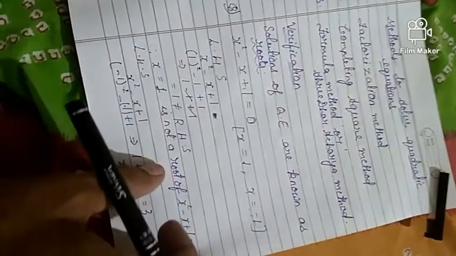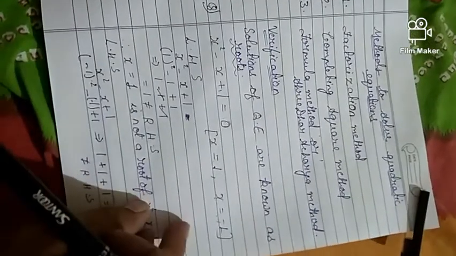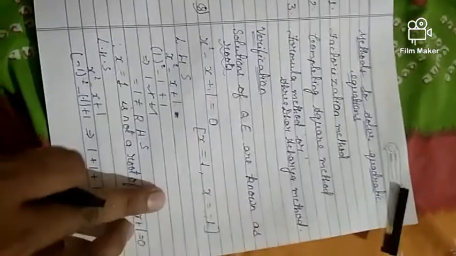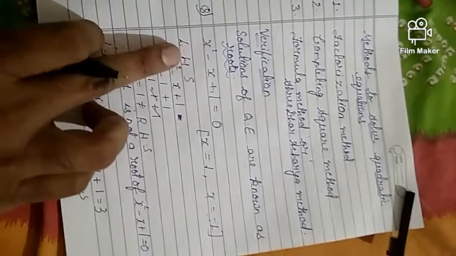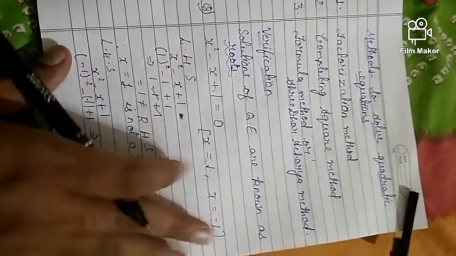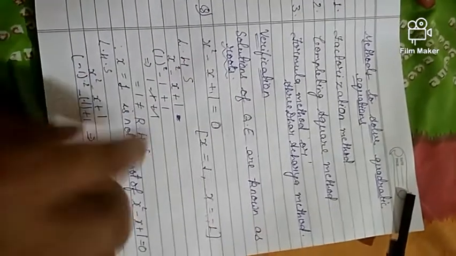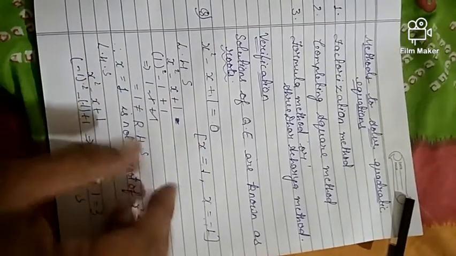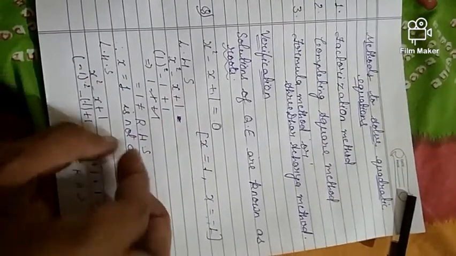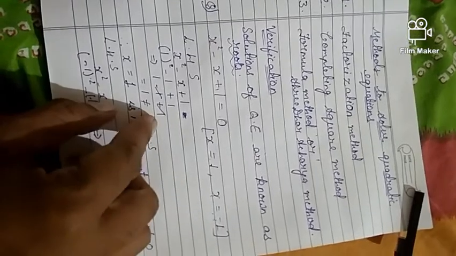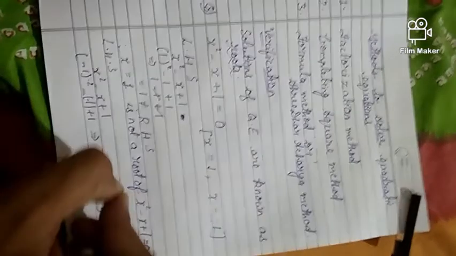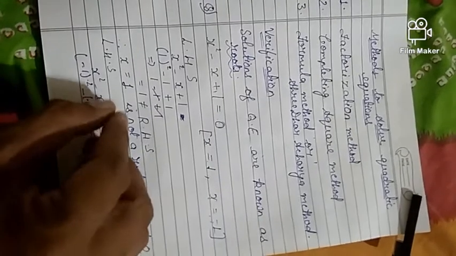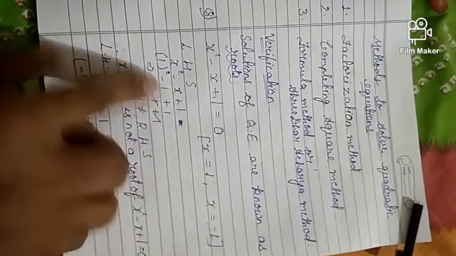So in order to verify or check, just put the value of x in the given equation, and after putting, just check whether the answer is 0 or not. If it is equal to 0 we say that yes, it is the root of the equation, and if it is not equal to 0 we say that no, this is not the root of the given equation. So this is the way to check it.